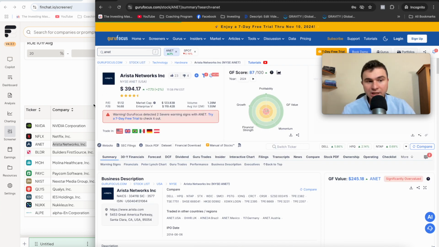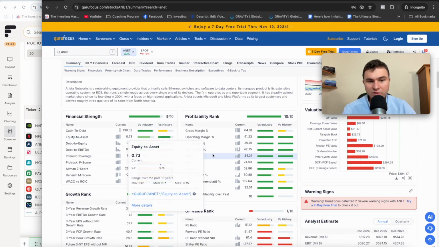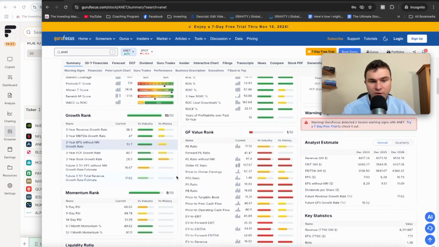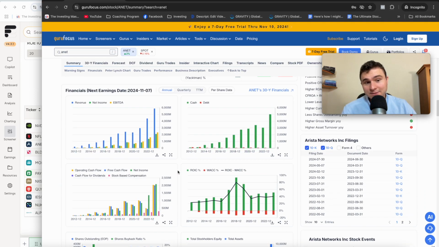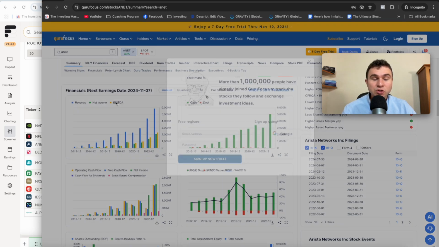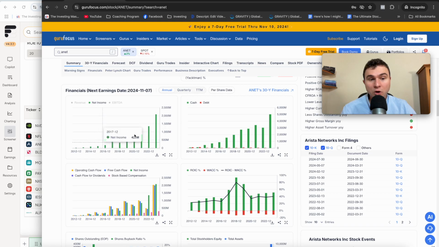And what I would check is all of them. 11 of them. Okay, let me check everything. The margins. Okay, free cash flow margin. This is the growth. You see, this is up and to the right. Most of the businesses you will find with this screener are great businesses, up and to the right. Revenue up and to the right. Net income up and to the right. They are getting more and more profitable.